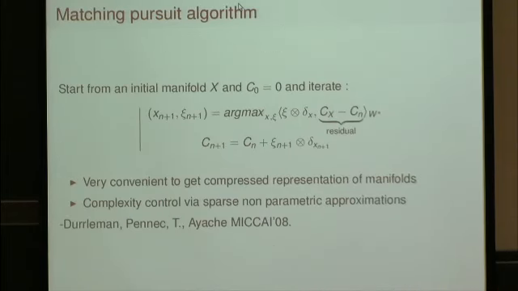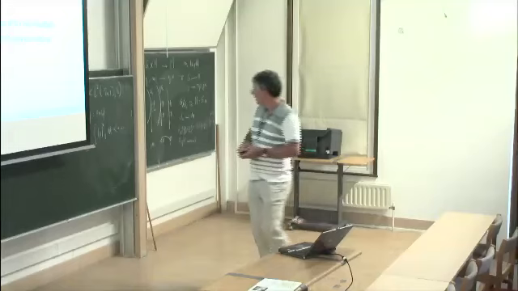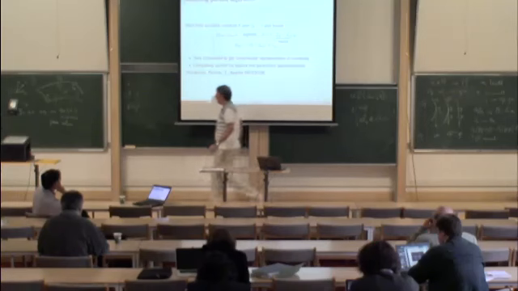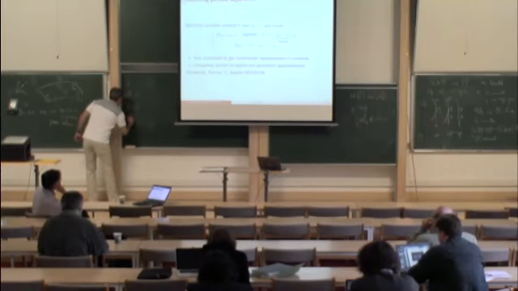Also, for instance, if you want to approximate a manifold by a sum of punctual currents, there is a nice way. Since we have the Hilbertian structure, you can use some kind of matching pursuit algorithm to do that. And everything is explicit because when we work with punctual currents, what we have is the elementary